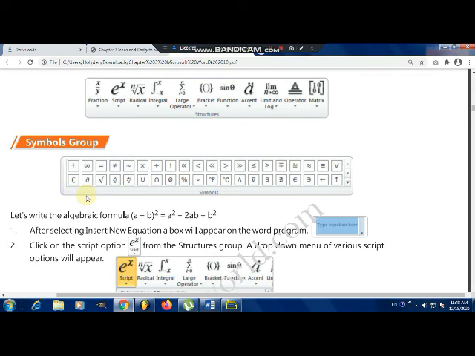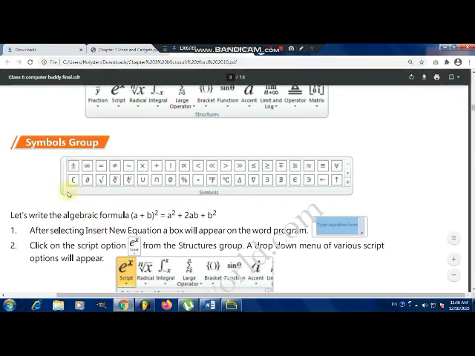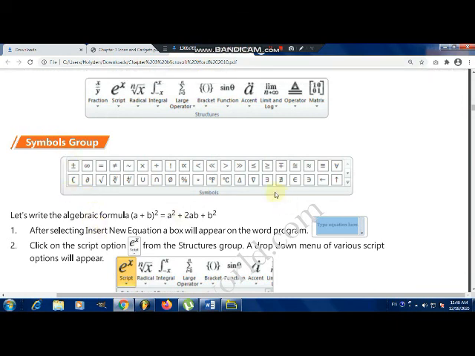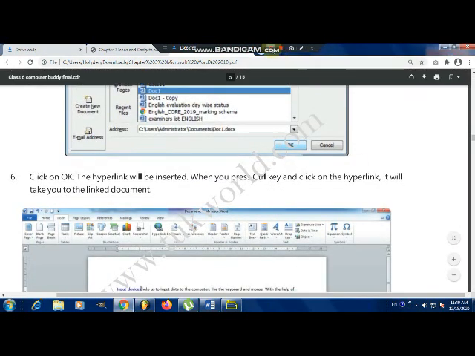And if you want to use them, then you can use these symbols from the Symbols group, like greater than or equal to, less than or equal to, then union, intersect, not belongs to. So some symbols are not present on the keyboard, and if you want to use those symbols in an equation, you can use them.